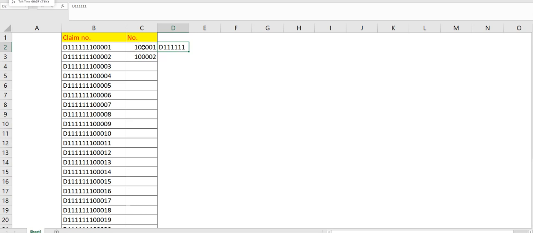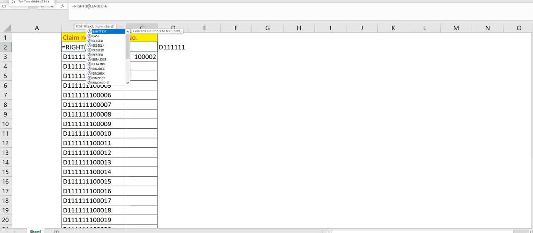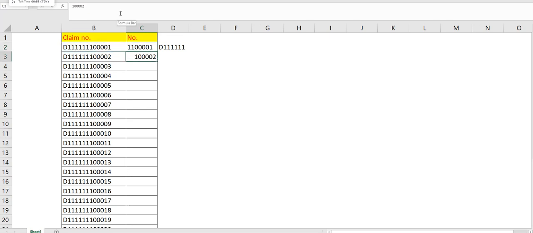So for that, I will use a formula, LEN, and then I will count this LEN, and I will minus 6. I will do here, and above this LEN I will write here RIGHT, and choose this. Actually, this is D2, and then okay. Now I have got, so for now it is getting 1 1, but I need only one,